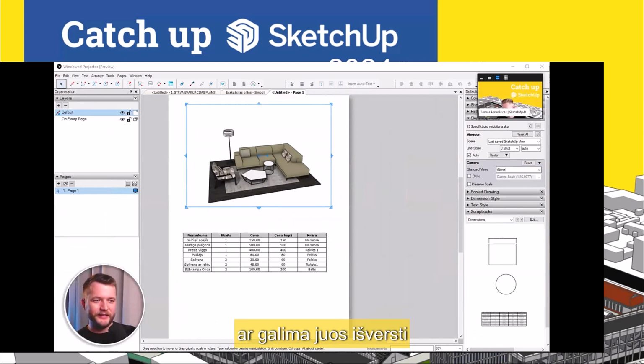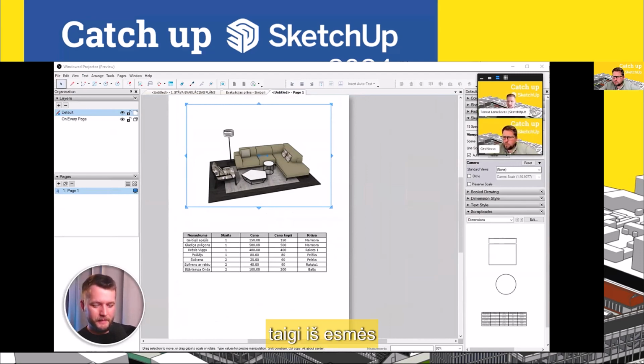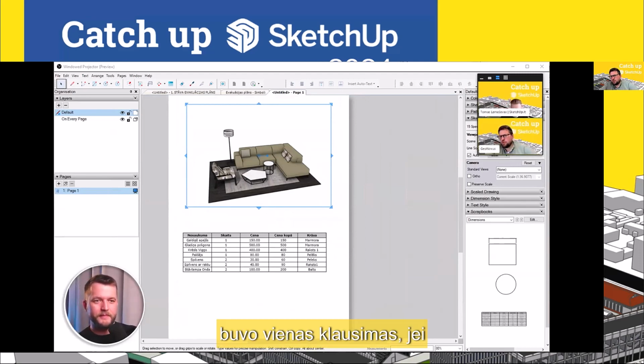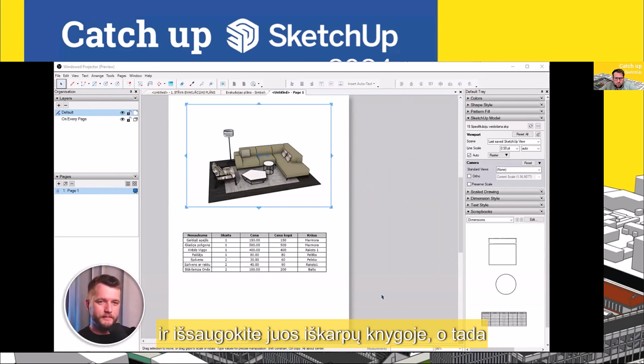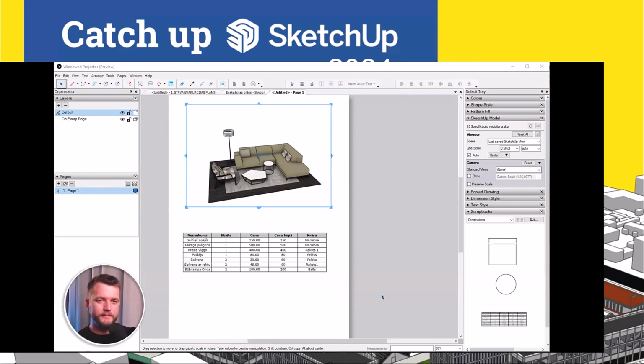Can they be translated? Marius? Yeah. So basically, there was one question if you can use the views from SketchUp and save them in the scrapbook. And then Imantas basically just responded that that's easy. Okay. And then another question is,